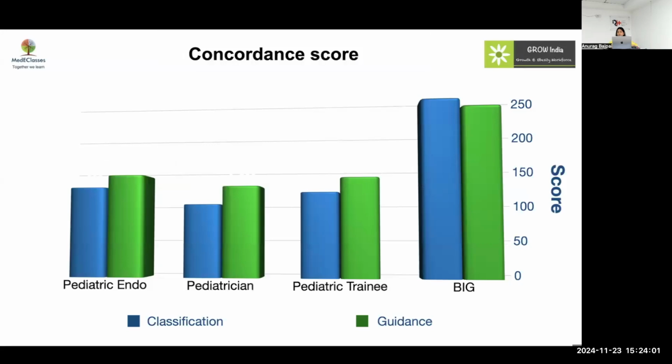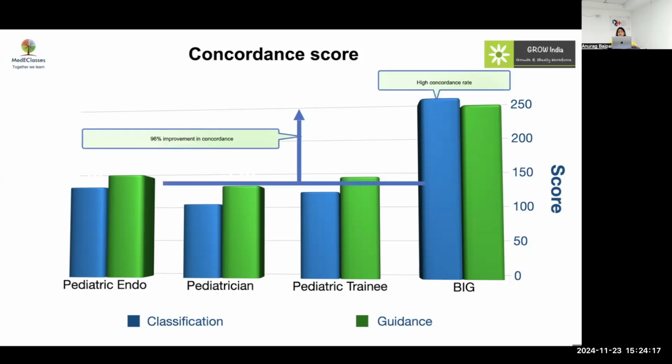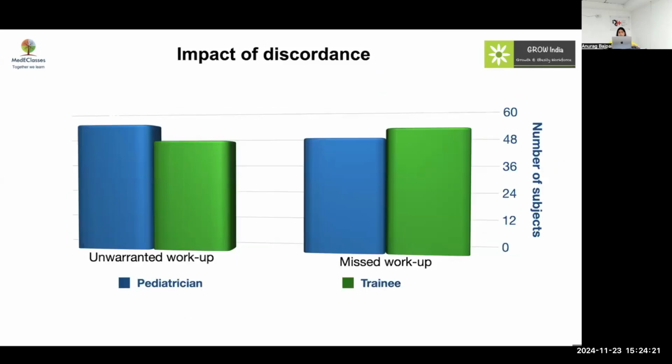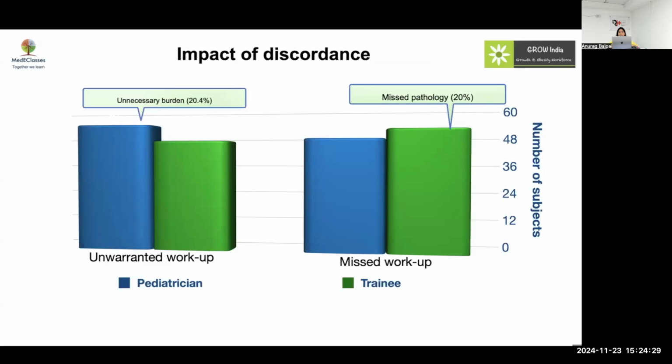So when we did the validation, we found concordance in about 99% of the cases, and we see that it has shown much better concordance as compared to the pediatric endocrinologist, pediatrician, and pediatric trainee. It has increased the concordance rate to about 96%. And regarding the impact of the discordance, it decreased the mispathology to 20% and the unnecessary